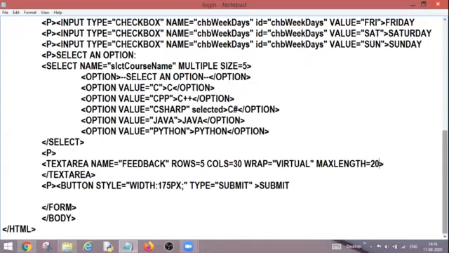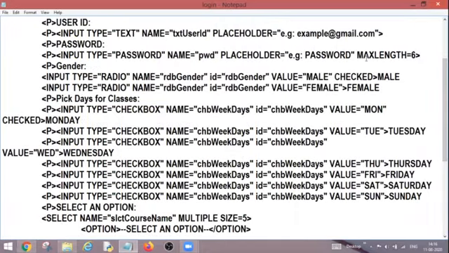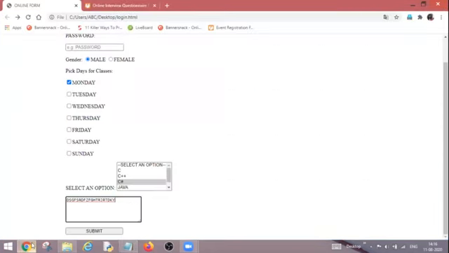If I show you in my text box, also in my password field, if I set max length as 6, then I will be able to enter only a 6 character password, not beyond that. So this is how we can set the limit in our text boxes and text area.